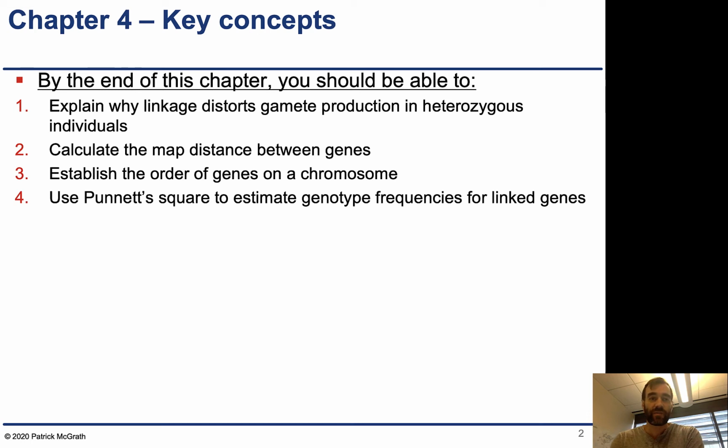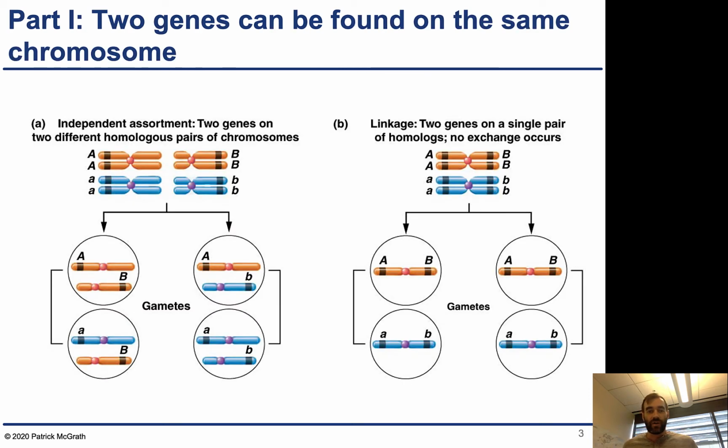So the goals of this chapter: explain why linkage distorts gamete production in heterozygous individuals, calculate the map distance between genes on the same chromosome, establish the order of genes on a chromosome, and then use Punnett squares to estimate genotype frequencies for linked genes. And the majority, actually the entirety of this chapter